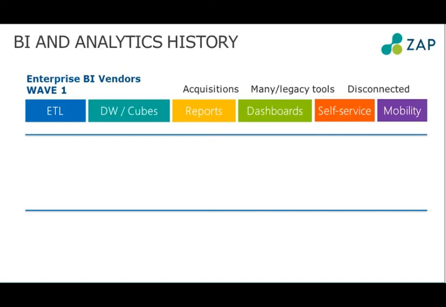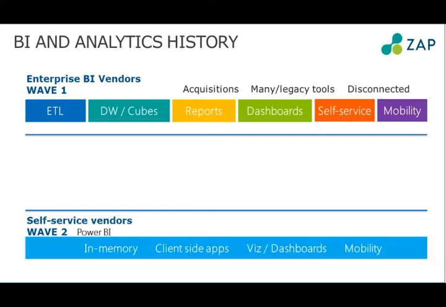We're now starting to replace those as AX and CRM and other products are being delivered into those organizations. As a result of that complexity, as a result of those products being large and cumbersome and slow to deploy and expensive, there was an opportunity for a new range of products to come out, and those are commonly referred to as self-service vendors or Wave 2. And the Power BI product, which I can talk to later on if I get a chance, is certainly an example of that.